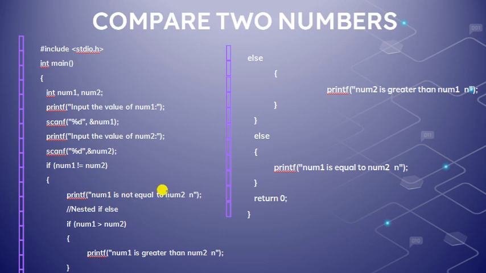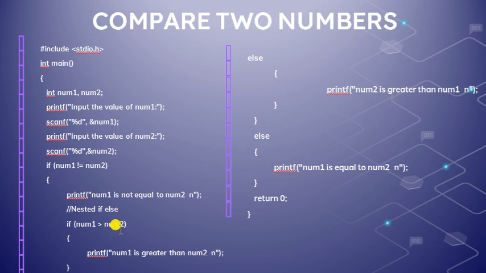So we are printing like that. Then next we have to check whether num1 is greater than num2. We got that they are not equal, but we have to check whether num1 is greater than num2 or num2 is greater than num1. So if num1 is greater than num2, next checking is this. This is the nested if else statement inside the if statement. If num1 is greater than num2, then we are printing num1 is greater than num2.